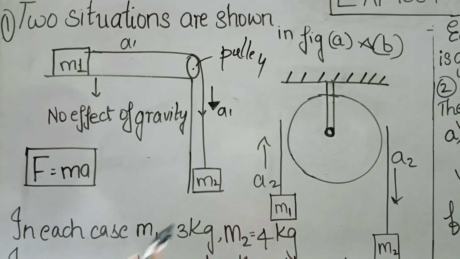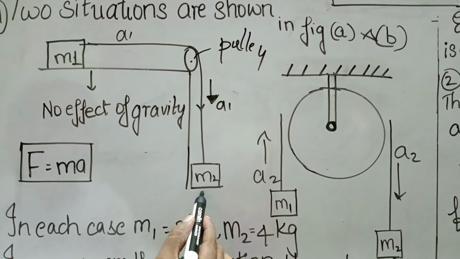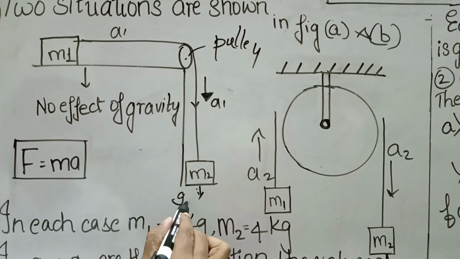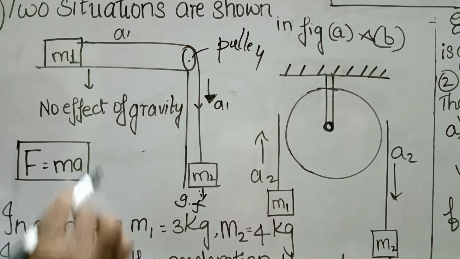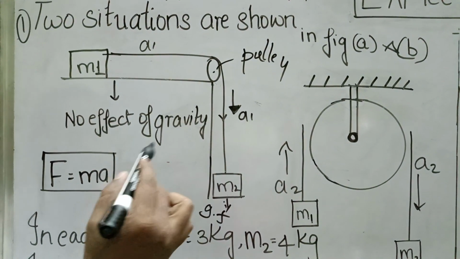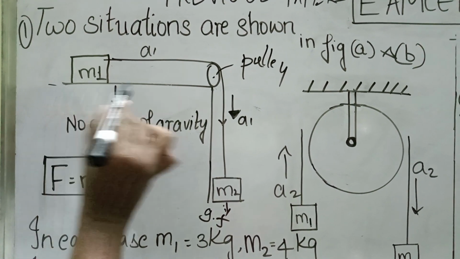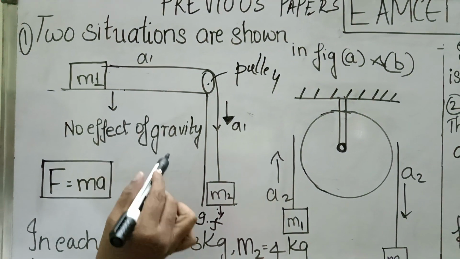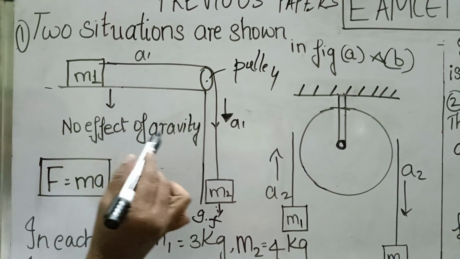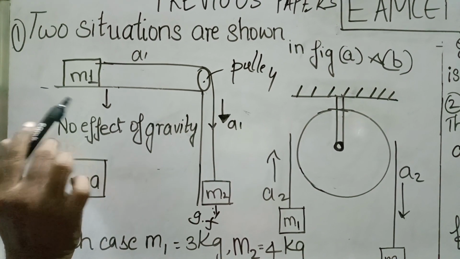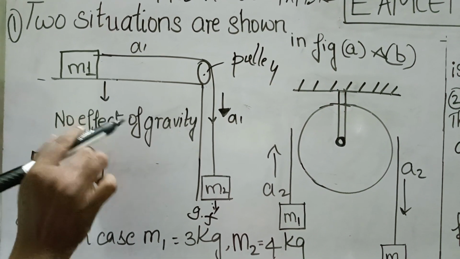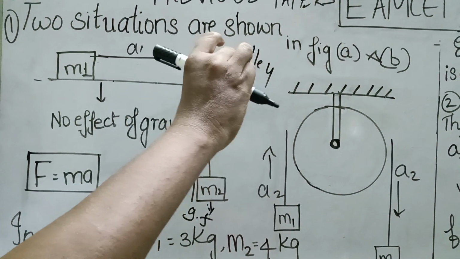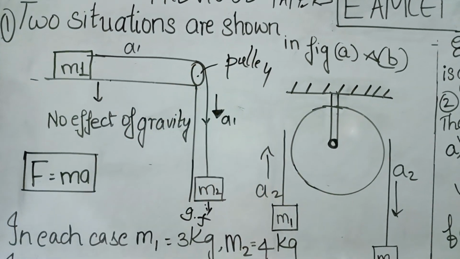Now here the mass m2 is subjected to gravitational effect, it is subjected to gravitational force. Whereas m1 is not subjected to the gravitational force because here there is a surface. The surface is preventing the effect of gravity. Therefore, there is no effect of gravity. Simply, suppose if you place a book on the table, it will not fall. Whereas if you place the book in the space,